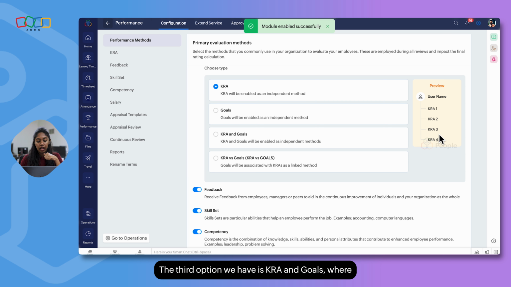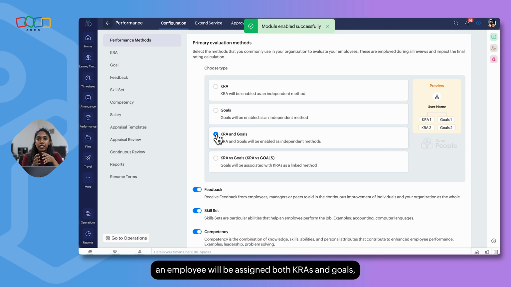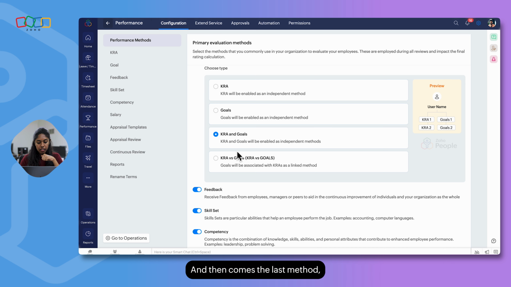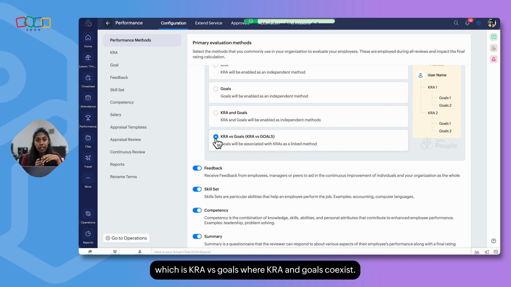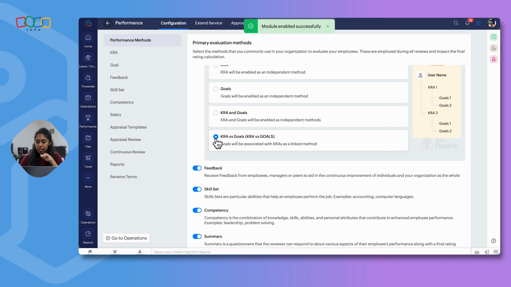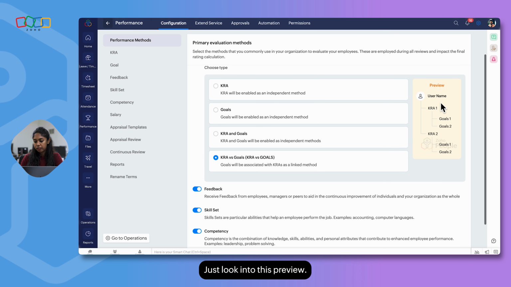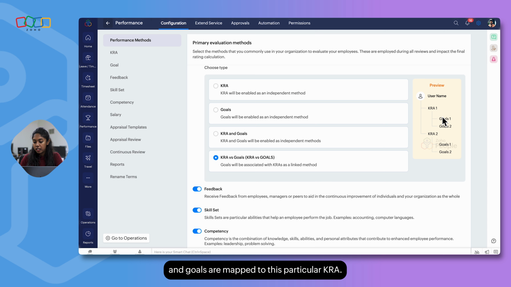The third option we have is KRA and goals, where an employee will be assigned both KRA and goals, and they will be able to rate against both these options. And then comes the last method, which is KRA versus goals, where KRA and goals coexist. Just look into this preview. A user is assigned a KRA, and goals are mapped to this particular KRA.